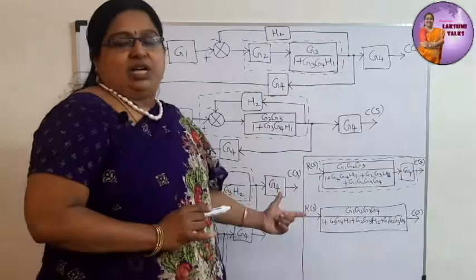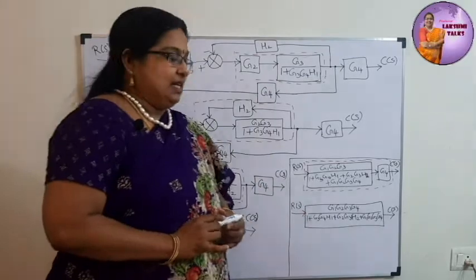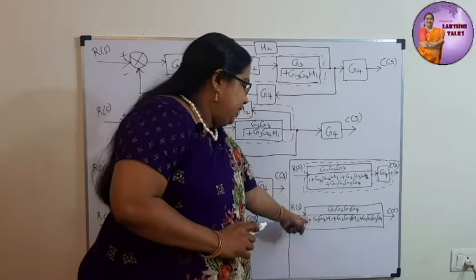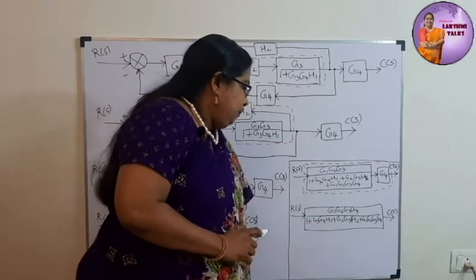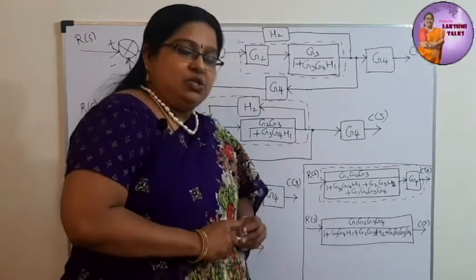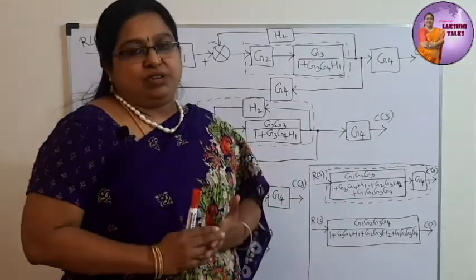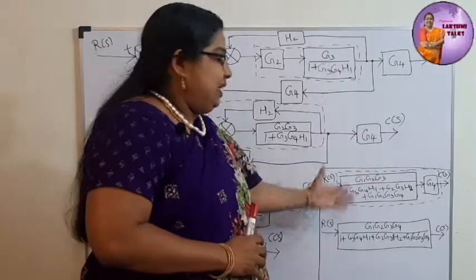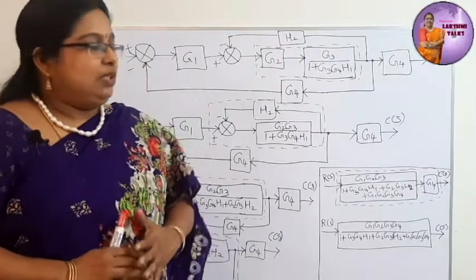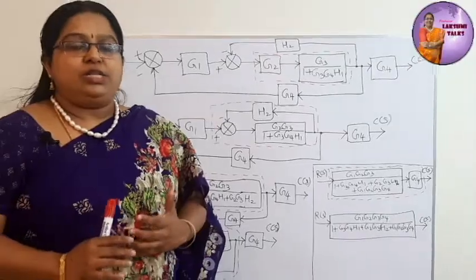And this is also the transfer function, right? So what is the transfer function? C of s by R of s is the transfer function. And what is C of s by R of s? It is G1, G2, G3, G4 divided by 1 plus G3, G4, H1 plus G2, G3, H2 plus G1, G2, G3, G4. So whenever you are asked to reduce a block diagram or to find the transfer function of a given block diagram, we have to adopt this method and find the answer. So this is an example of the block diagram reduction method of finding a transfer function.